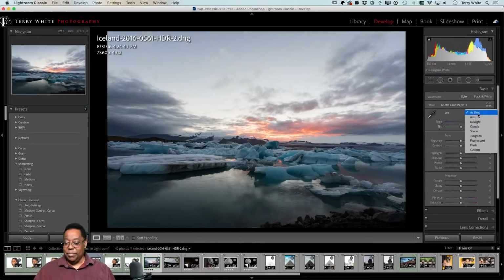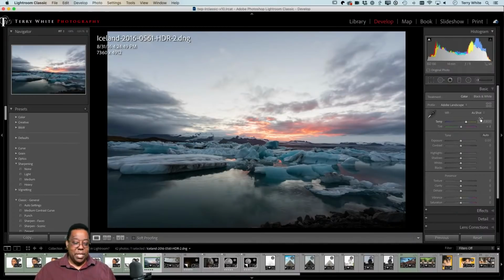Now, let's take it one step further. Let's say I've shot a bunch of shots outside in daylight. That's not the right one. Let's do cloudy. That's not the right one. We're going to leave this one alone. But let's say you were doing those on all your daylight shots or all your cloudy shots, whatever it is. So the two or three things I always do, I might as well not have to do those manually